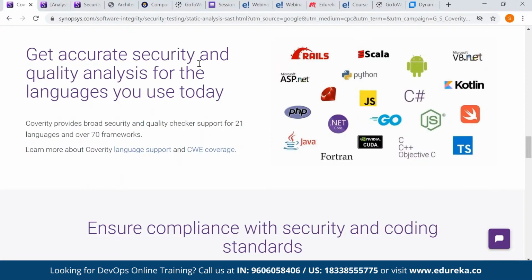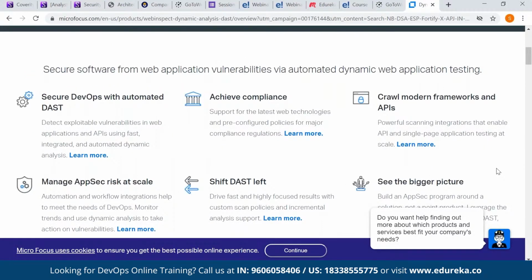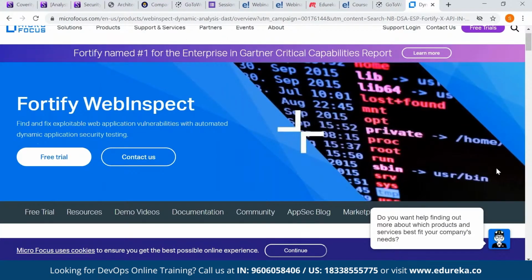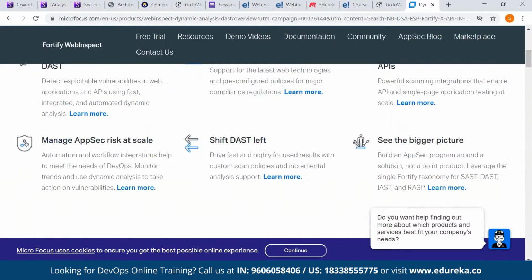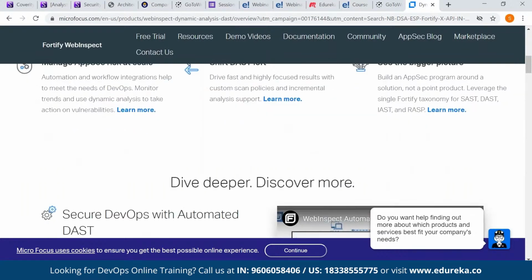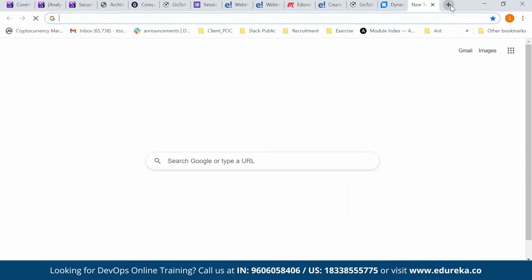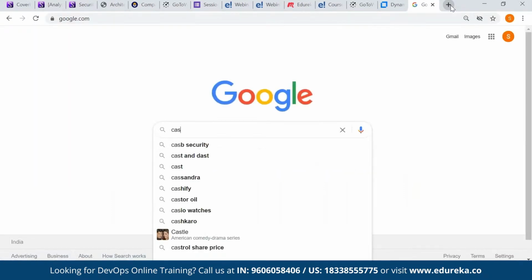Your security analysis is done through this tool, but it covers your static components, not dynamic components. For your dynamic components, you can go with a tool called HP Fortify, which is nowadays known as Micro Focus Fortify. And if you want to compare SAST and DAST,